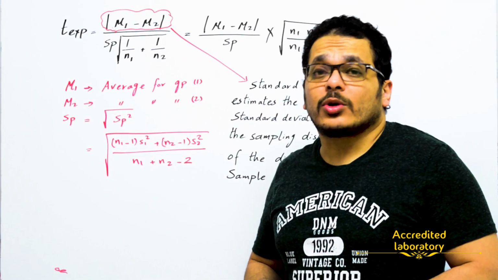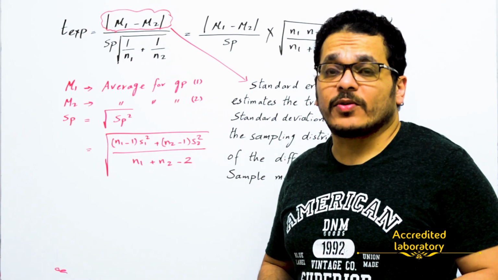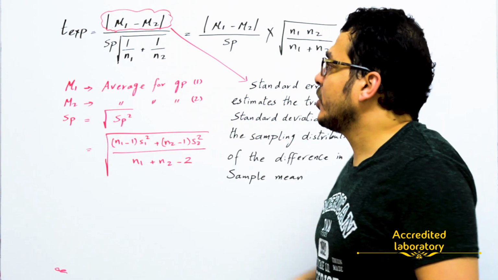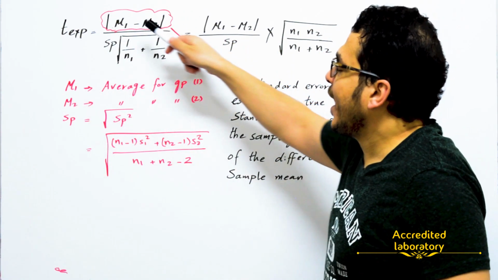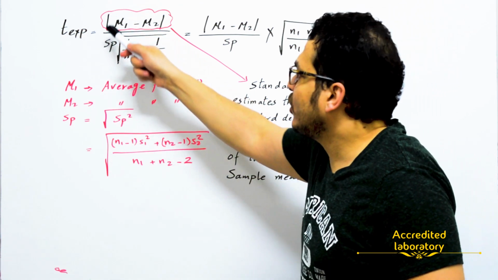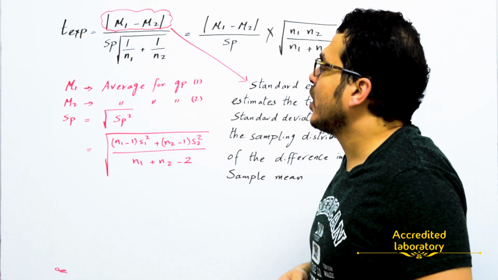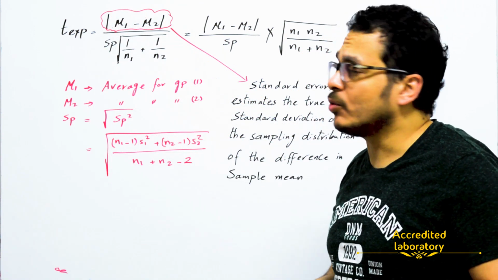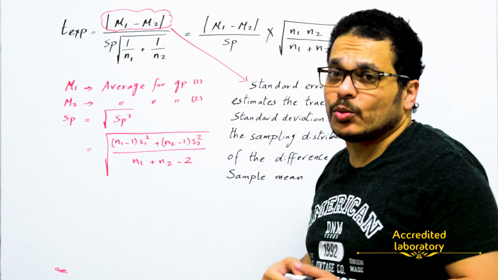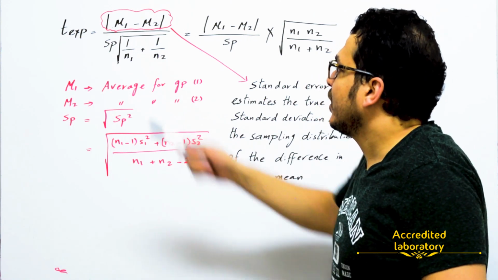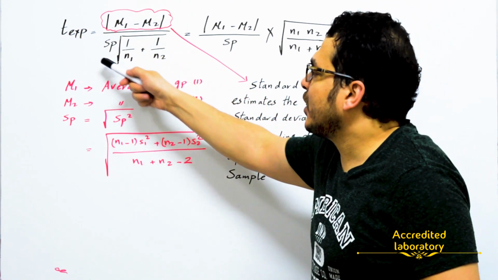Finally, this is the equation to calculate T experiment in the case of the unpaired t-test with equal variances. T experiment is equal to the absolute value of the average of group 1 minus the average of group 2, and we need to add the absolute value because maybe the average of group 1 will be less than the average of group 2. So in this case it will be negative, and we should have a positive result at the end,